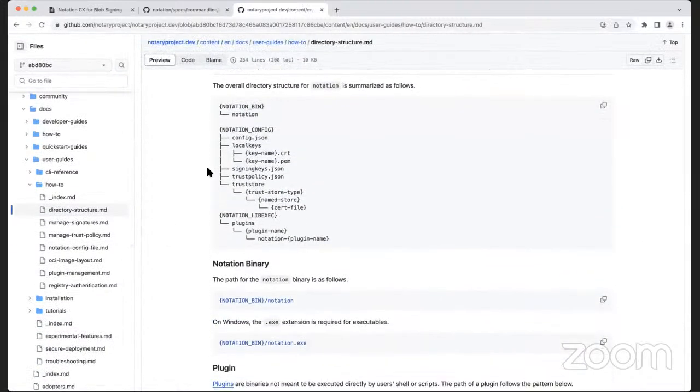So here's the directory spec. You can see here, right? Trust policy resides here. So any new policy will be at the same level. Again, yes, I haven't looked at all the different areas. My feedback is primarily from the user experience.